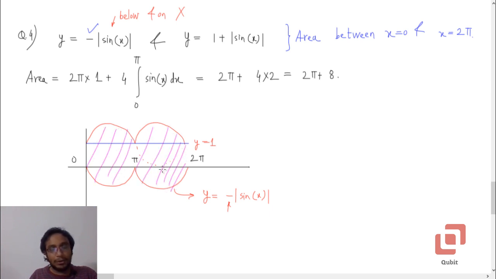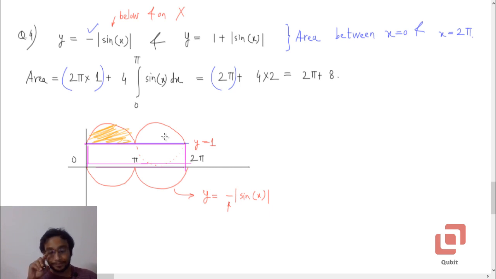Now in order to keep things as simple as possible, what I have done is I have taken the area of the rectangle separately, this area. Okay, height of the rectangle is 1, and the length is 2 pi, so that area is 2 pi into 1, or 2 pi, and the remaining area is actually 4 times this area. Let me use orange color now. 4 times this area. Yes, okay, due to the symmetry of the sine function's graph.